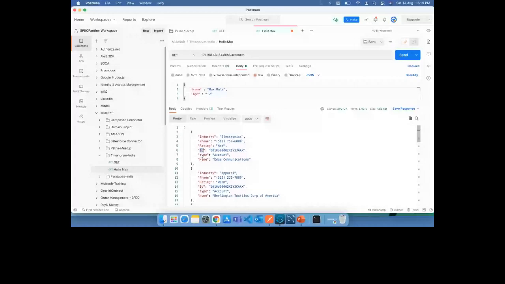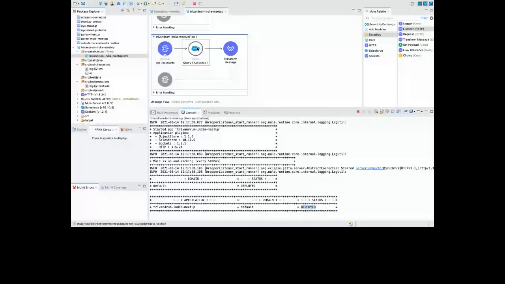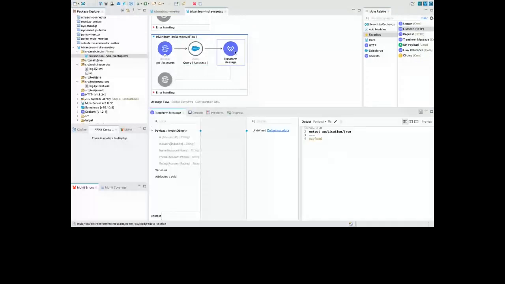So I hope we should be able to see the data over it. Yeah, you can see here. Now we are here in the transform message. We can see this time our payload contains an array of objects. It is going to return an array of objects no matter if you are returning one record. It says that ID is account ID, this is label, this is API key, and this is how your fields are there. You don't have any attributes, you don't have any variables for this.